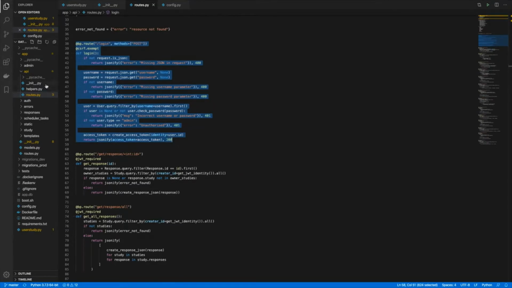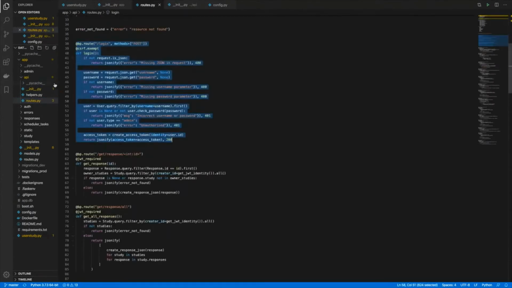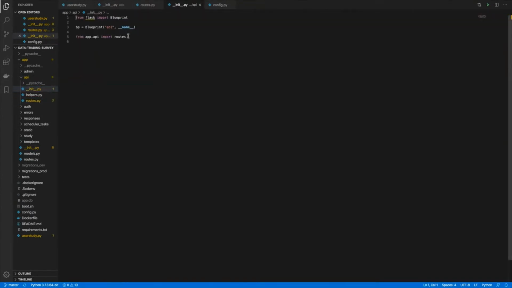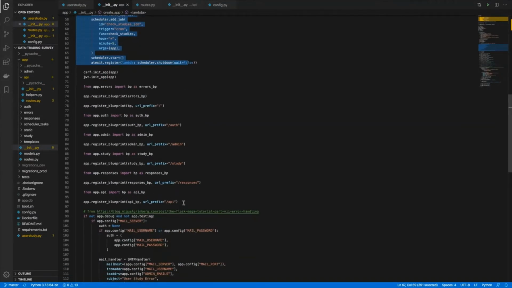And this is done through a hierarchical order. First, each endpoint is added to the blueprint for that specific module, and then subsequently the blueprint is added to the application. This separates your code and means you don't have a mess of adding lots of different endpoints to a single application.